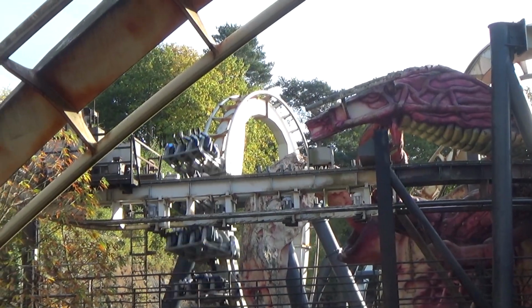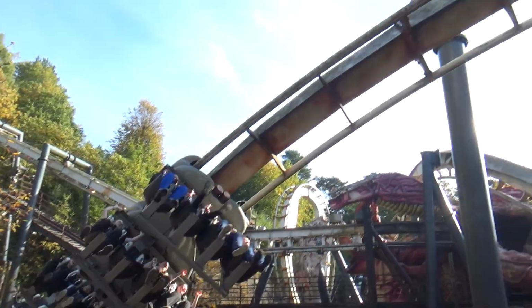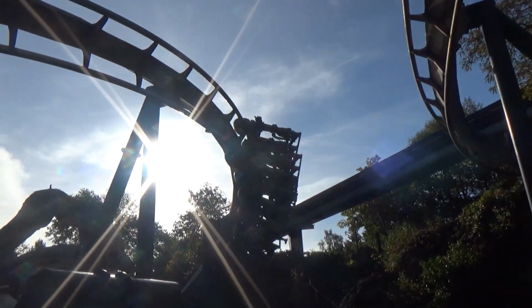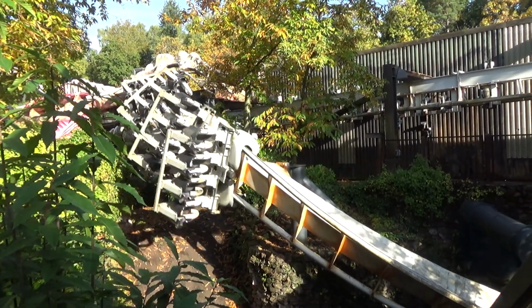It's strange. It's kind of like the stall turn. It doesn't really do much. It's just there to turn it around, but it's fine. It doesn't kill the pacing or anything. It's just there. Then you dive into another tunnel and go through what I think is the whippiest inversion on